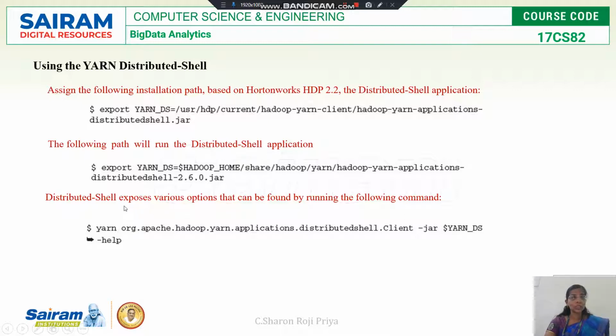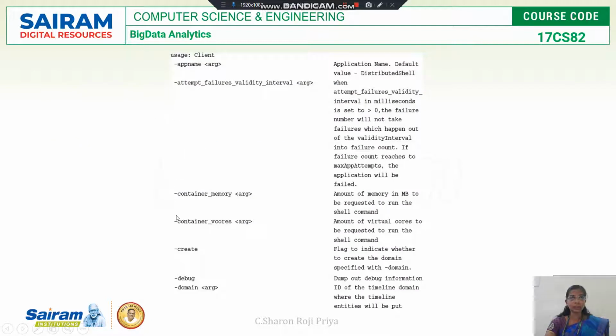This distributed shell has various options, and I can use the options like this: yarn org.apache.hadoop.yarn.applications.distributedshell, where yarn-ds stands for distributed shell, and -help is an option. I have many options, and I have given some examples like container memory, container vcores, create, debug. Many options are there. In the slide, I have given only a few examples.